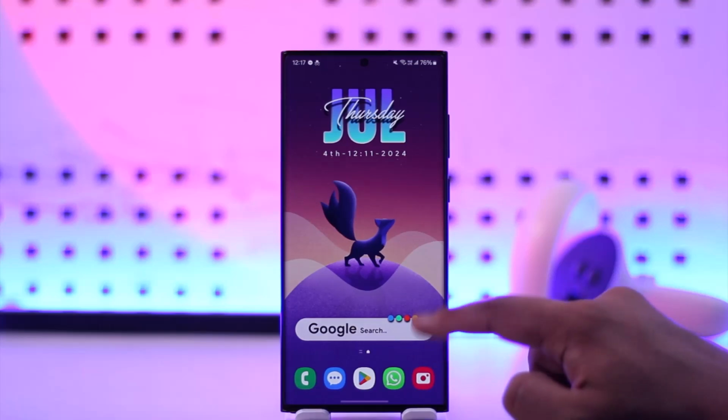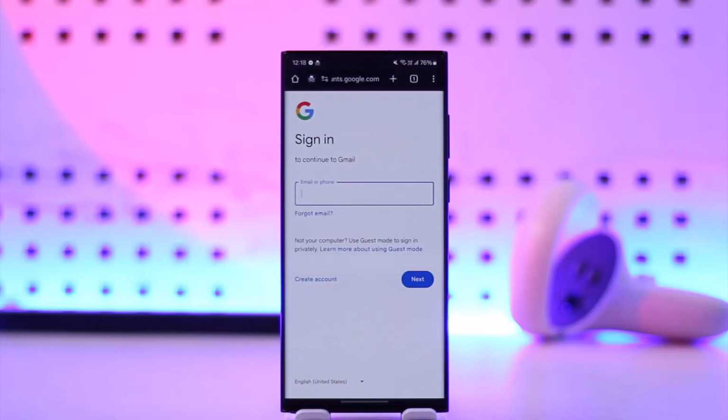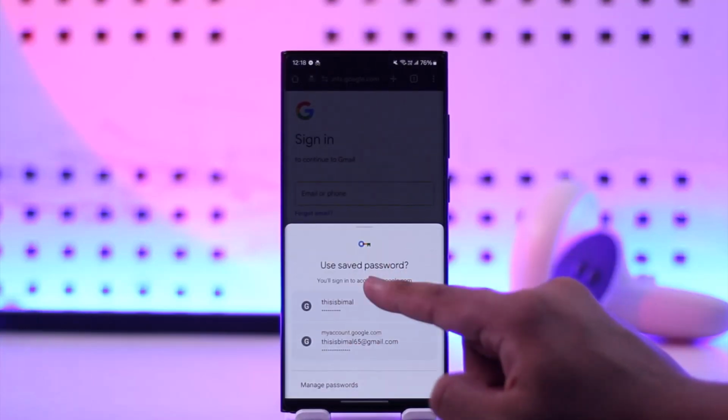All you have to do is open up your browser, then go to gmail.com. Once you go to gmail.com, this is the kind of interface you will see, or you can also use the Gmail app. Now over here, you simply need to enter the email address that you want to use,